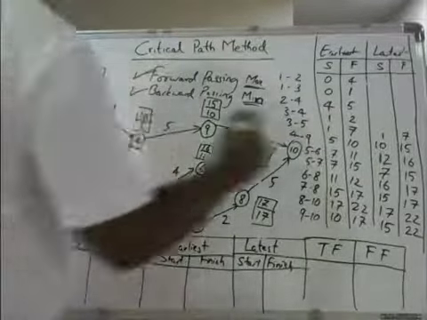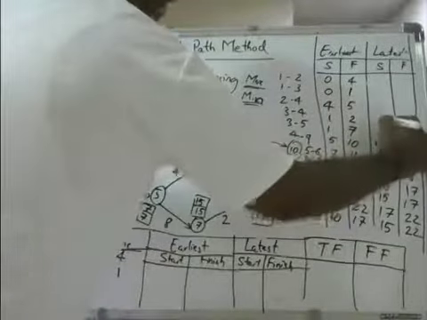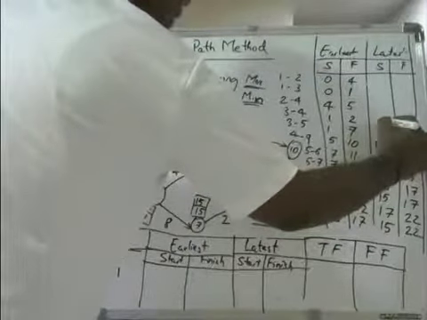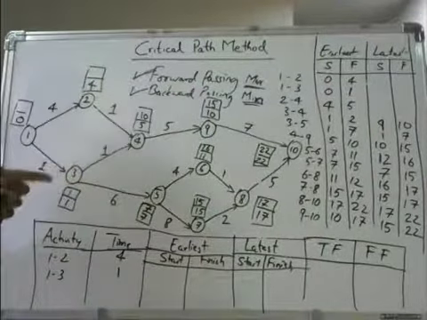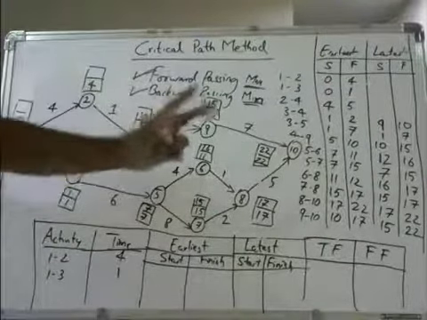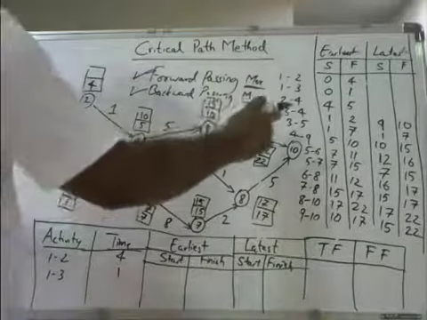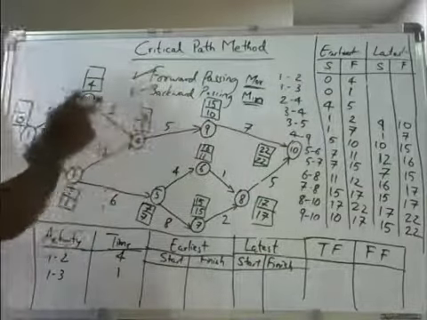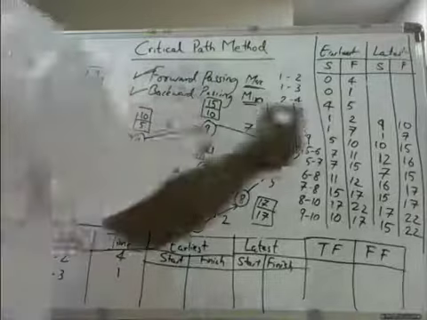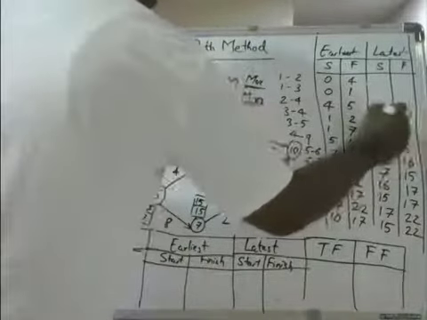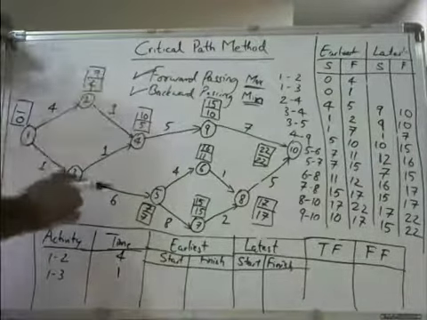But in the table, you have to write it. 10 you are starting with, 10 minus 1 is 9, so write 9 there. You have to write it in every table. Now the next one is 2 to 4. 2 to 4 is here. 10 minus 1 is 9. You have written it there. Now, here again it is converging.